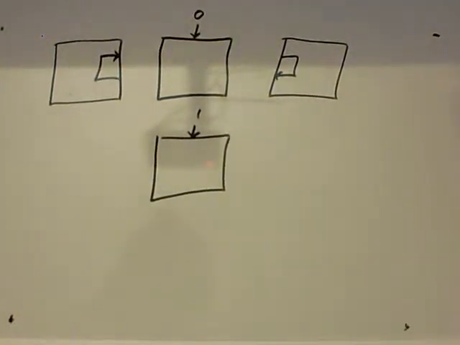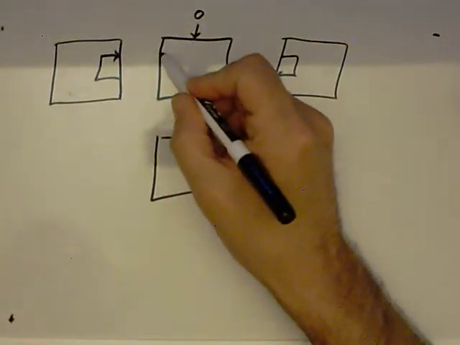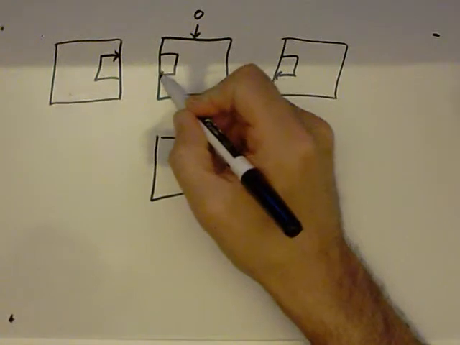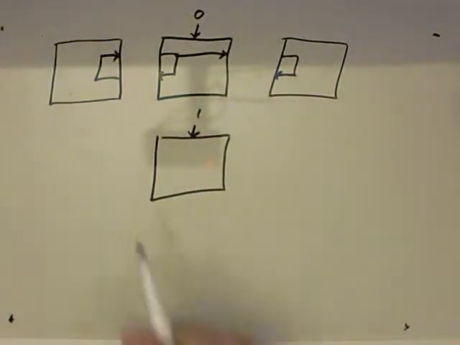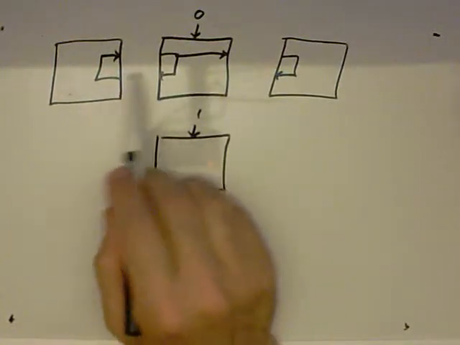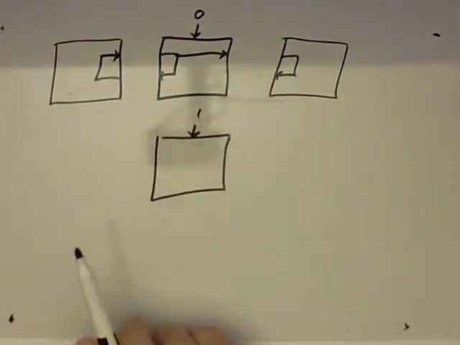Now in the case where we have a 0, we're going to take the input from the west and recirculate it, and we're going to send a copy over to the east. So we have some bit value trapped between these 2 cells, and it's also being supplied to